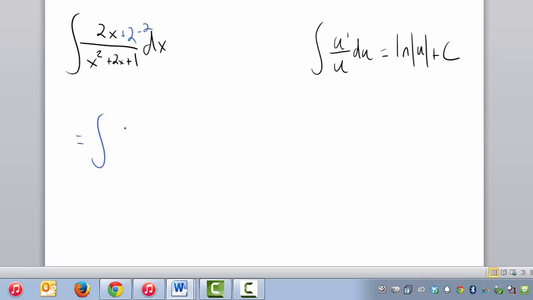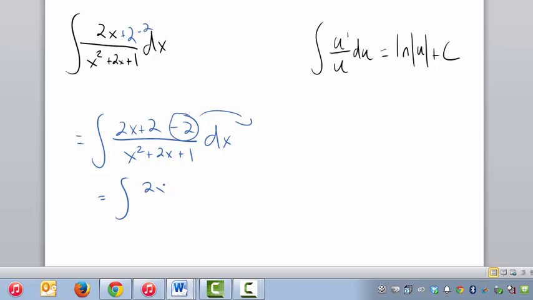So what I have now is 2x plus 2, which is what I want, over x squared plus 2x plus 1. That's u prime over u. That's very easy to integrate. But then I got this pesky minus 2, right? This minus 2 guy will mess up that now I don't have exactly the derivative up top. So I'm just going to separate him, which was one of our techniques, to separate the numerator, right? So I can move him out and he can be his own